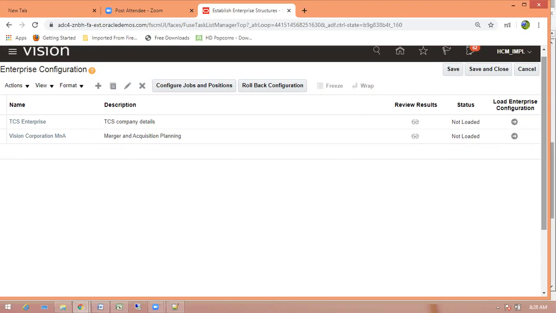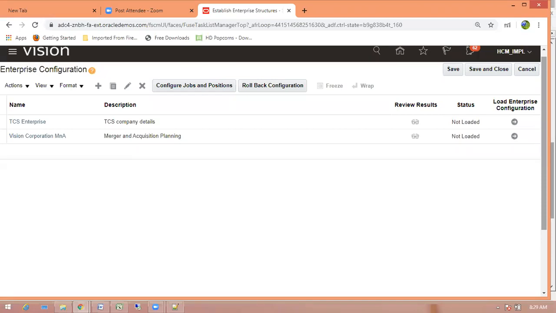But generally, what we do, experienced consultants, the people who are taking the requirement from the client, just go to the setup and maintenance, and they create a basic setup. And one thing, when you are showing a demo to the client, it will not be under the client instance. It will be under your demo instance. First you discuss with the client. Once bidding is done, they'll have one requirement document that they'll give to you. Based on that, you need to configure the basic features in your demo instance.